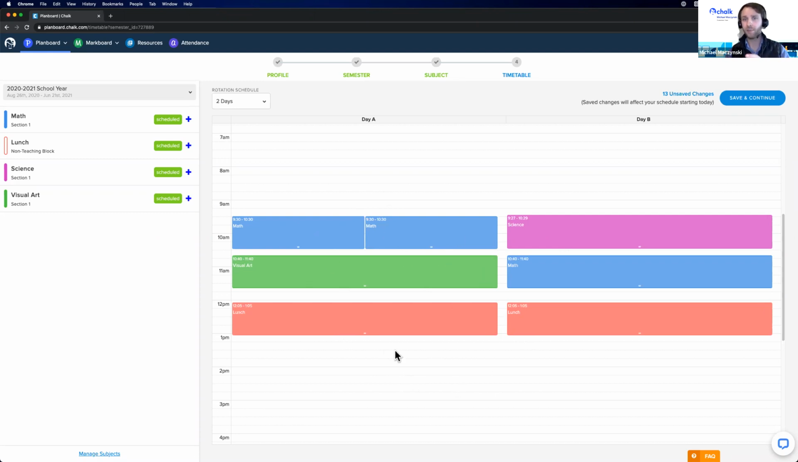I'm fairly happy with how my timetable looks right now. And you can see it's just going to rotate between these 2 days throughout the school year. So the last thing that we're going to do on this page is click Save and Continue in the top right corner. And you do want to make sure that you save,